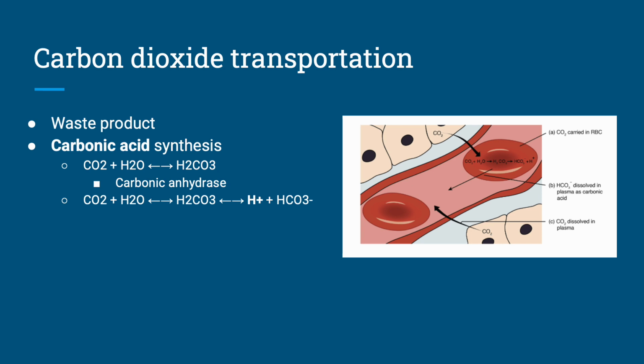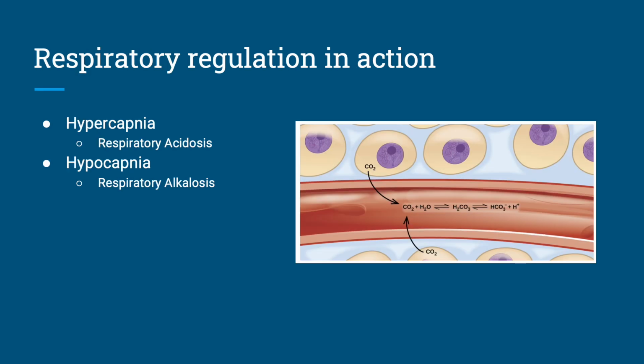So carbonic acid can be broken back down to carbon dioxide and water, or it can break down into a molecule of bicarbonate and 1 hydrogen ion. So if you have severe levels of carbon dioxide, because the blood has its own buffering system to ensure appropriate concentration of hydrogen in the blood, we could get hypercapnia, which is increased carbon dioxide concentrations in the blood, and the carbonic acid equation will run forward, but because of the increased hydrogen concentration, it results in respiratory acidosis, which